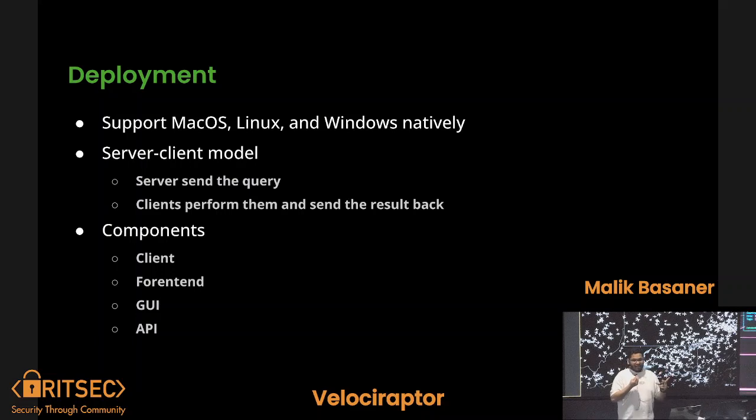We have a client, we have a front end, we have a GUI, and we have an API. The client is the asset you're trying to manage, and then we have the front end. The front end is not the actual GUI or the website that you go to. The author of this tool, Rapid7, meant the actual server, the back end. I don't know why they call it front end, but they are referring to the back end, because the GUI is the actual front end, because it's the website. It's weird, but that's what they meant.